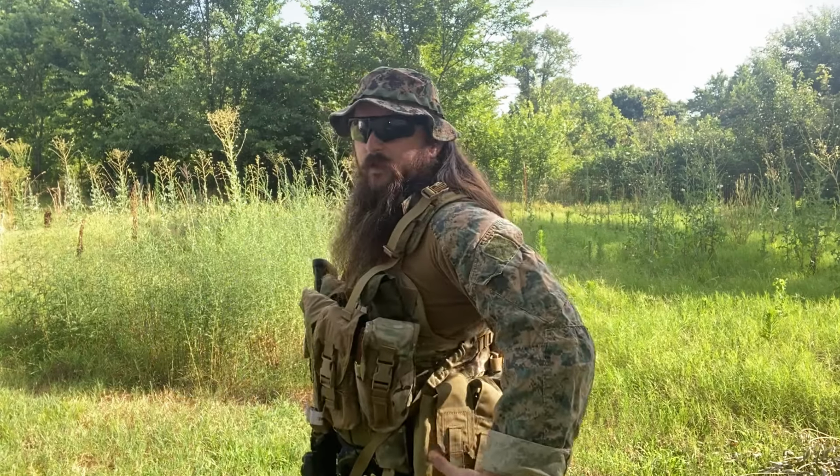So one slight difference between a traditional British belt kit and the way LBE is executed in America is often there is an LBV, a load-bearing vest, included in the load-bearing equipment. So that's what I have on right here. I have a modular load-bearing vest from Special Operations Equipment. It's allowing me to carry my mags up higher while still getting the belt kit benefits of the butt pack,